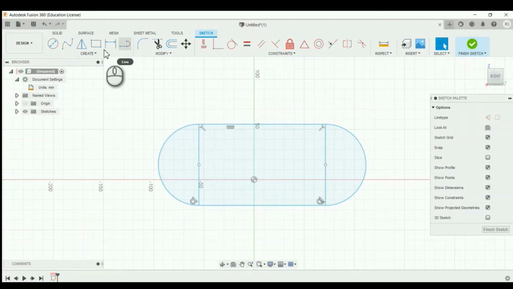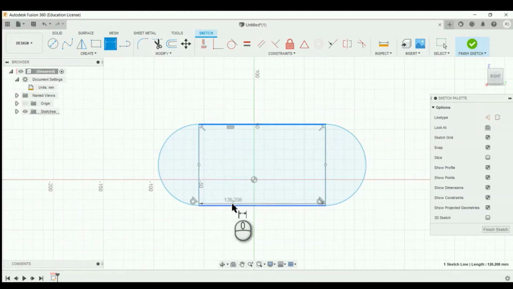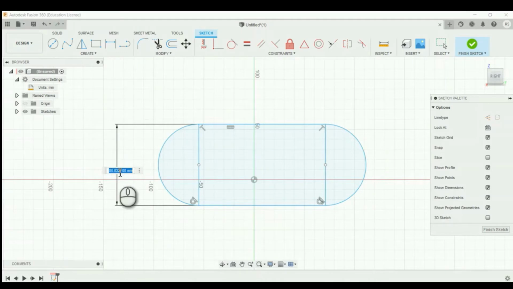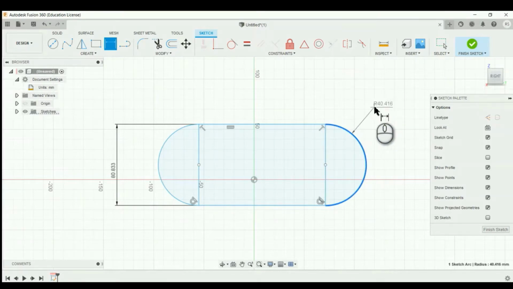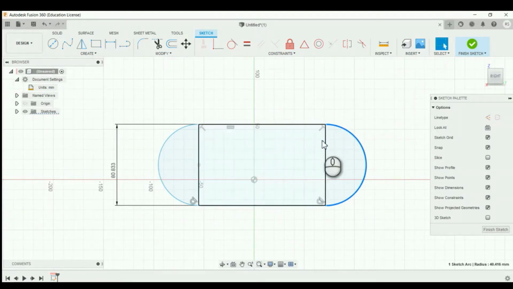First we create a dimension, right click, and then the arc. We don't want to specify the arc because we already specified the diameter.